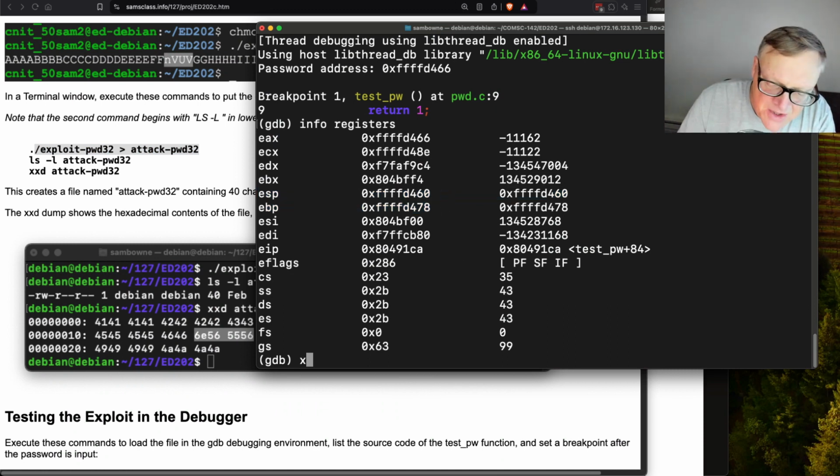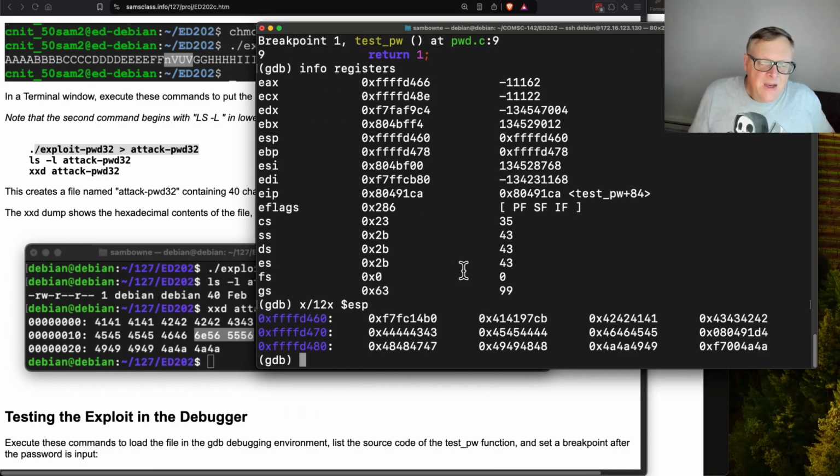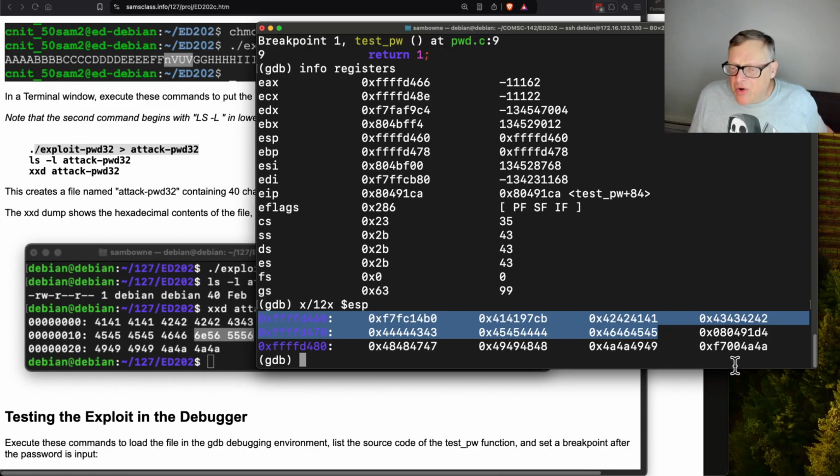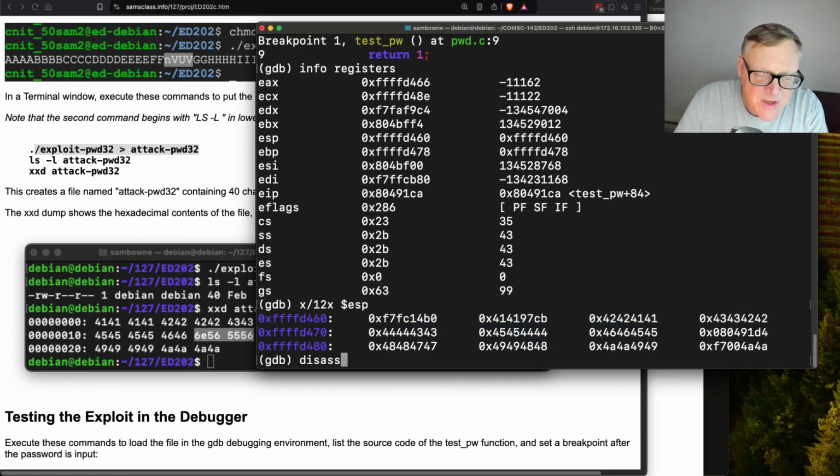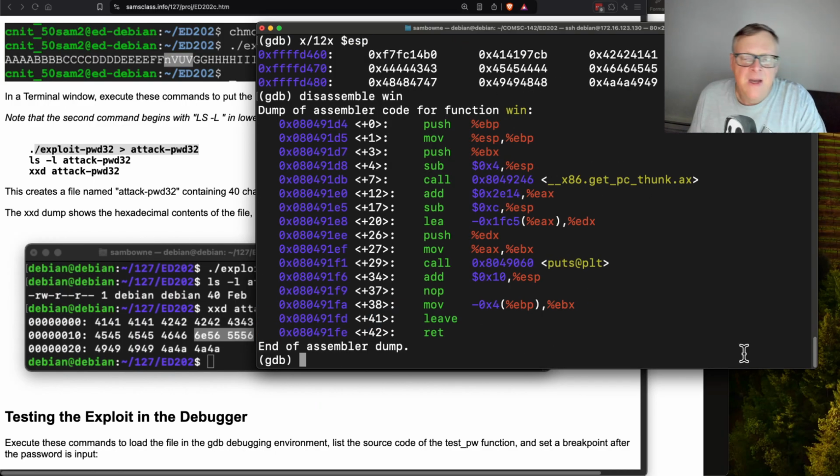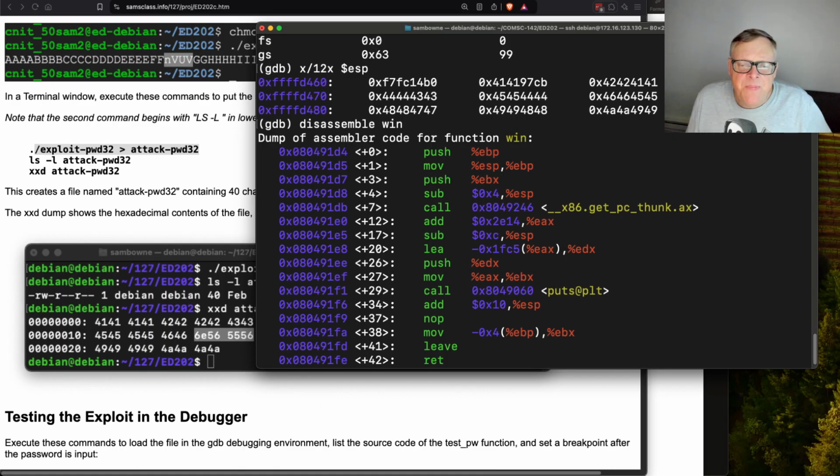So I can examine the stack. And here is the stack frame. And there's the return pointer, 080491D4. And if I disassemble Win, I'll see that address is this address, 080491D4. So when it tries to return from this function, it's going to go to Win instead. And if I just continue,